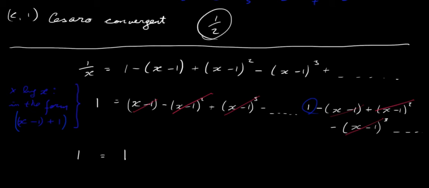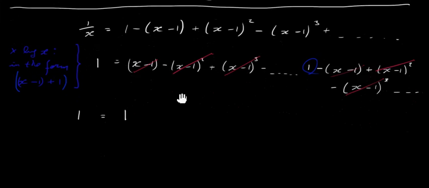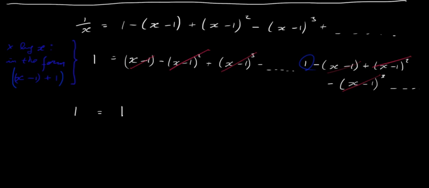Okay, so what do I want to do then? I'm going to use this to show that our series 1 minus 1 plus 1 and so on is equal to a half, or we can apply or give it a value of a half. Okay, so if we just simply let x equal 2 here on the left hand side, we get a half, so on the left hand side we get 1 over 2. What happens if we let x equal 2 on the right hand side? Well, we'll end up with 1 here